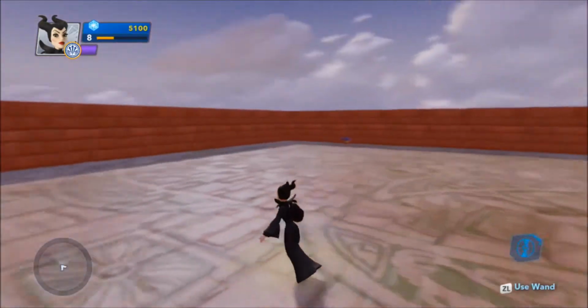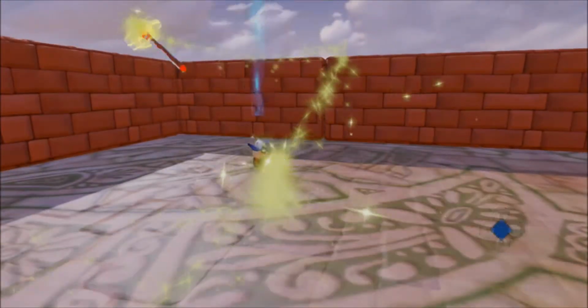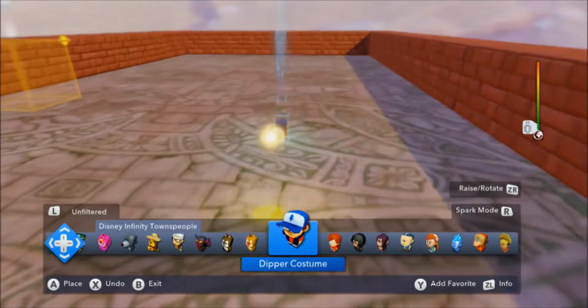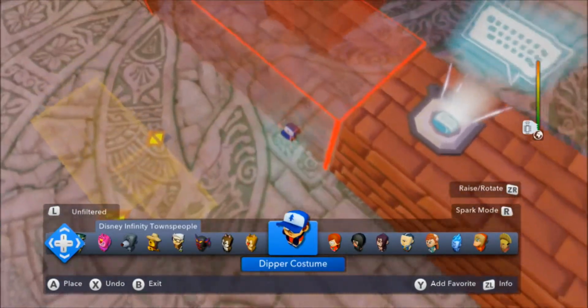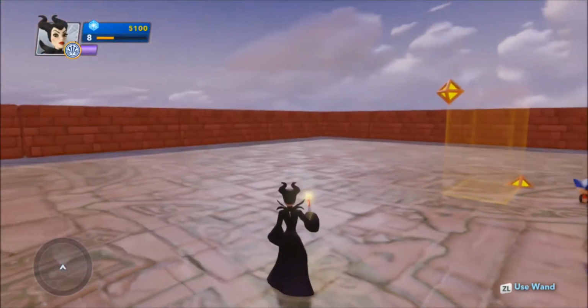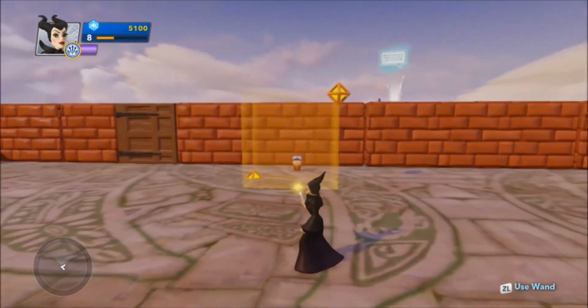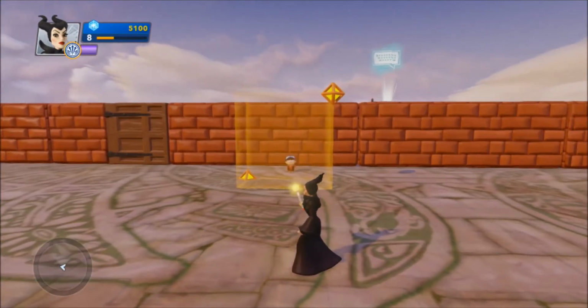Alright, so there's my box. Where's Dipper? There's Dipper. Alright, so we will put him right there. Hopefully he's going to stay put for us this time. So what we've done is we've done a trigger area, and we have Dipper Pines, and we want him to